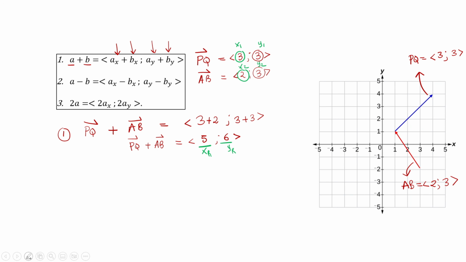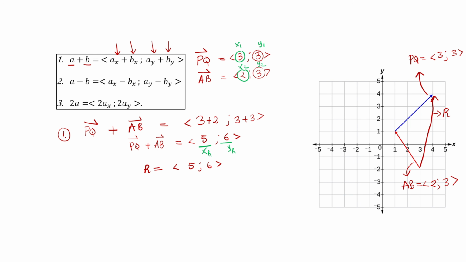In the triangle law, you have to plot your resultant vector from the tail of the first vector to the head of the last vector. From the tail of the first vector to the head of that last vector, this vector will be your resultant. So you can say your resultant here will be given by components 5, 6.